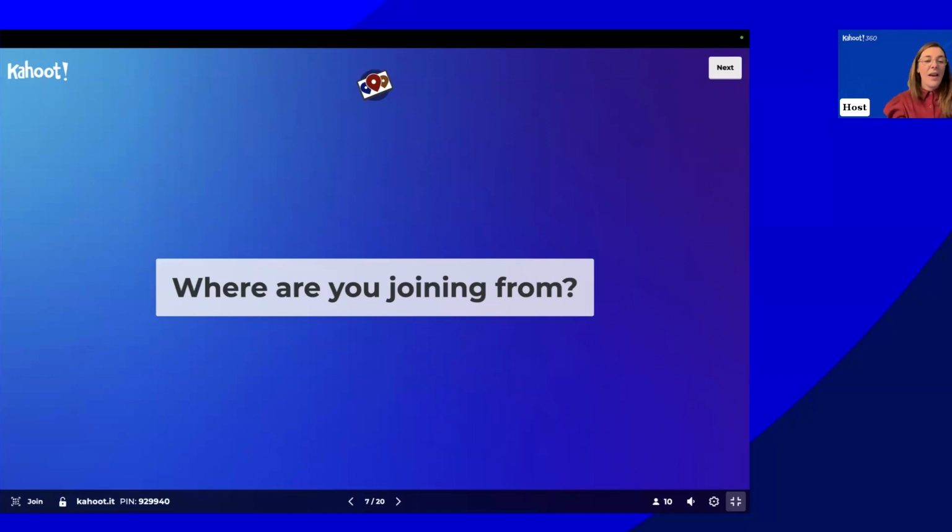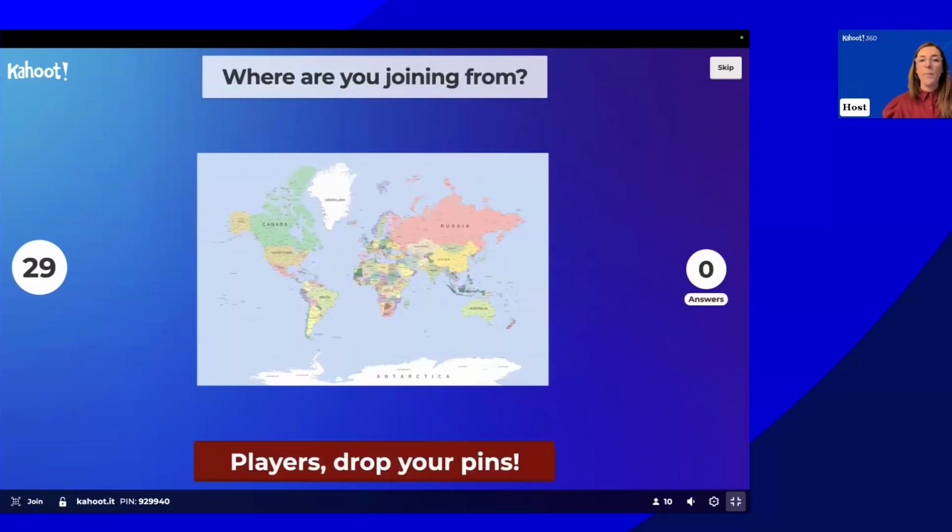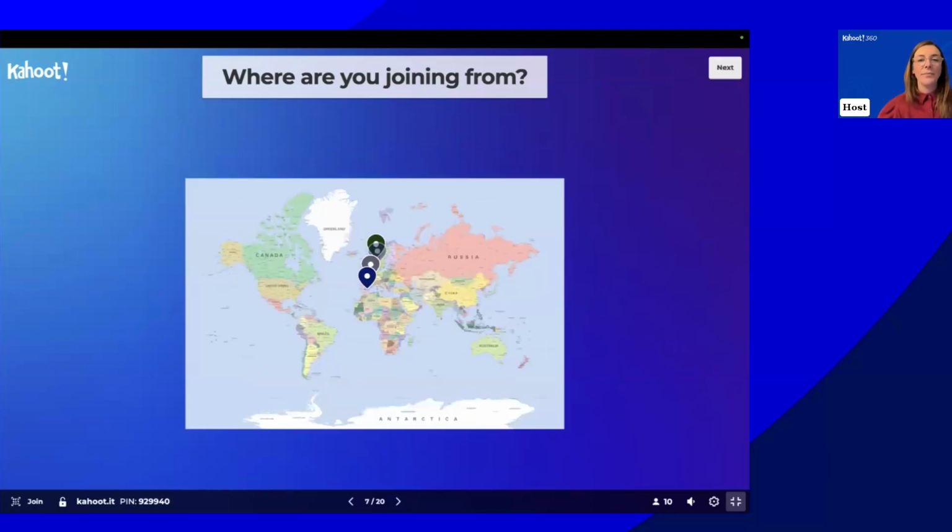So let's see. Use your phones to drop the pin on the map. I realize it's a bit small if you're in Ireland, for example, but kind of a general area. Europe is fine. Okay, amazing. So yeah, quite a lot of participation from Europe today. So I guess I can say good morning to everybody. That would be appropriate. And that explains the energy levels being around a 7. Thank you so much for your feedback on that.